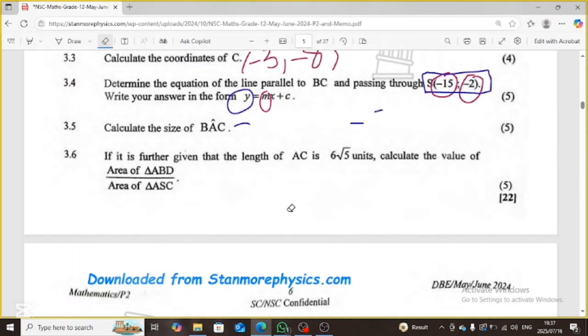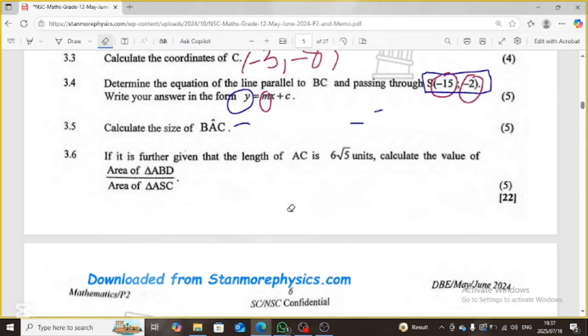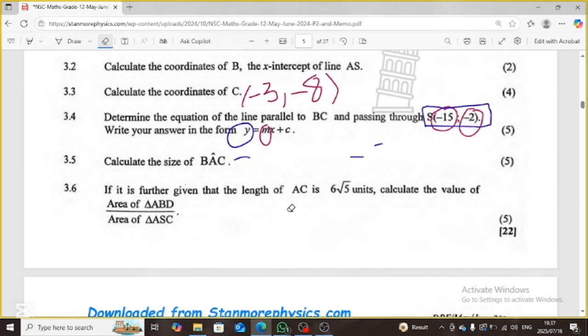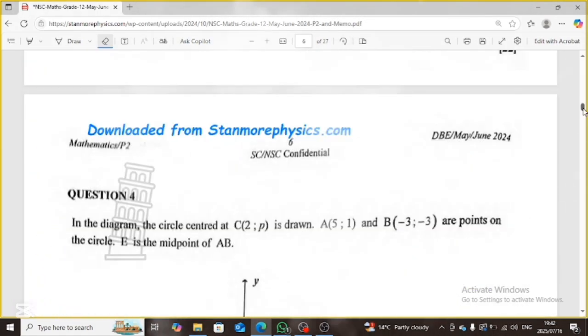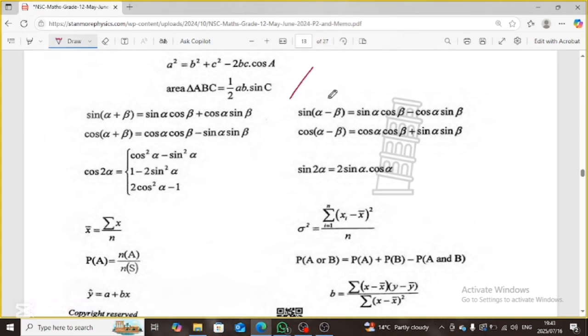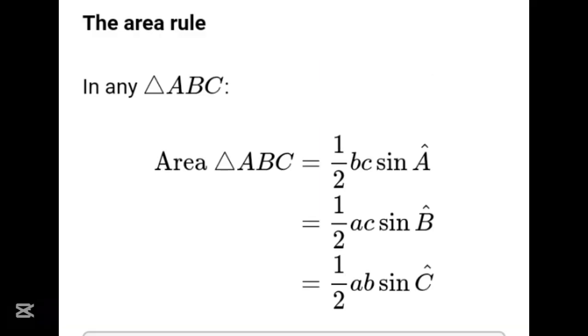Question 3.6. If it is further given that the length of AC is 6 root 5 units, we are supposed to determine the ratio of the two triangles, triangle ABD and triangle ASC. The area rule states that the area of a triangle is half the product of two sides and the sine of the included angle. For example, area equals 1/2 bc sin A equals 1/2 ac sin B